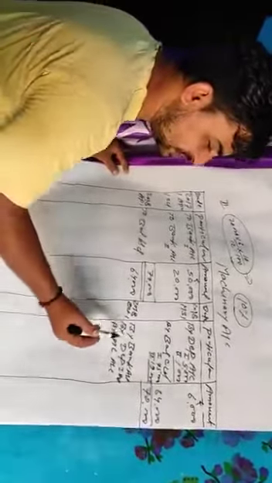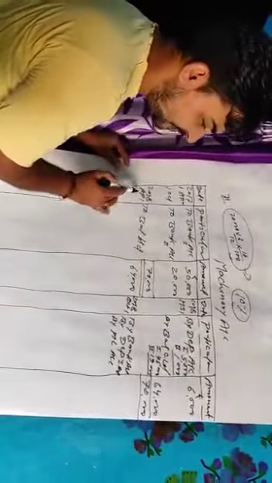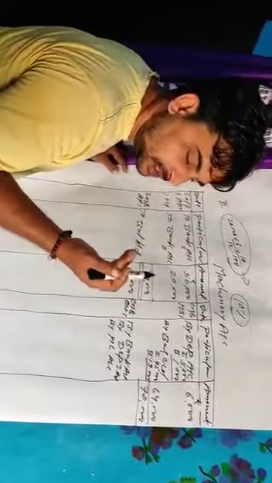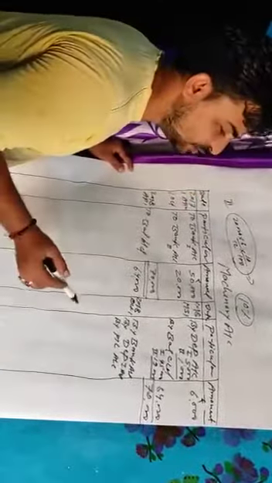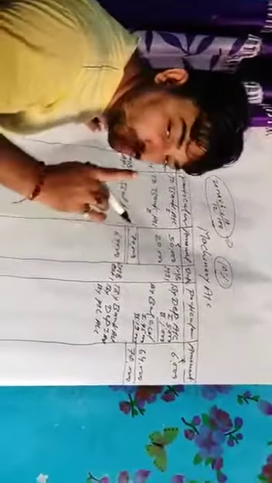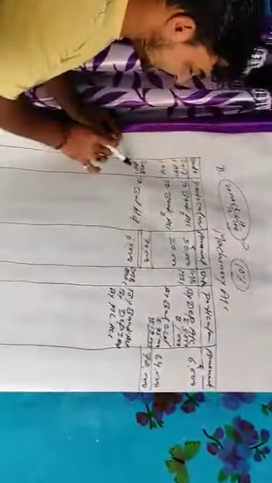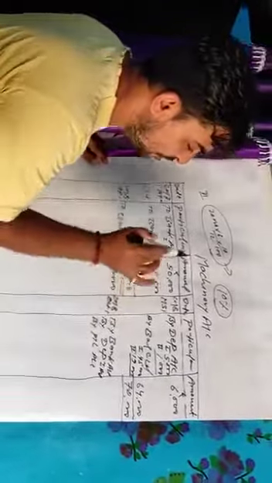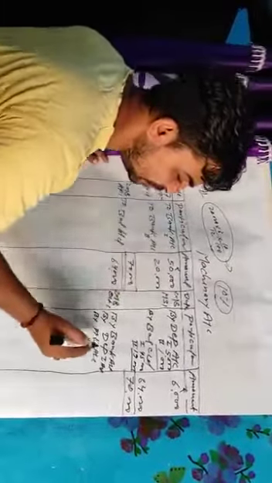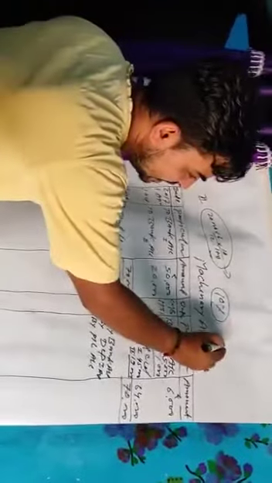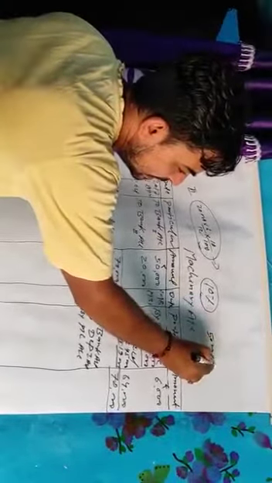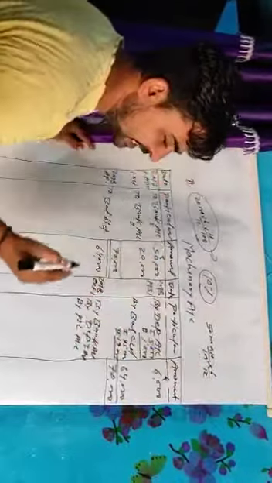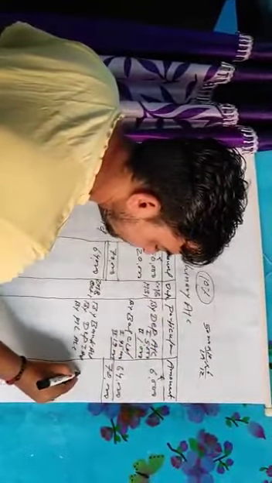So what will be the duration of depreciation here? From 1st April to 1st October. April, May, June, July, August, September. It means 6 months. So you have to calculate depreciation of 50,000 for 6 months only, because it is completing from April to October, 6 months. So for the first machinery, depreciation on fixed installment method: 50,000 of 10% into 6 by 12 will be 2,500.